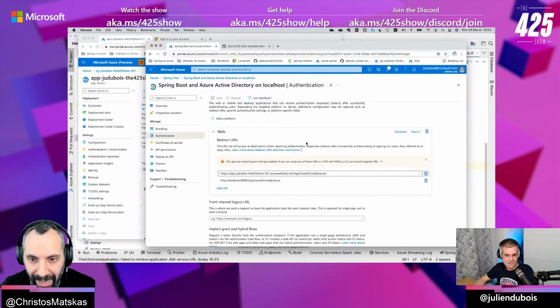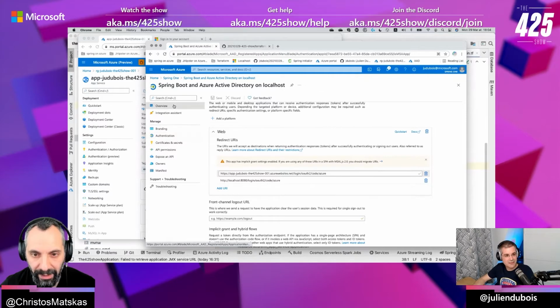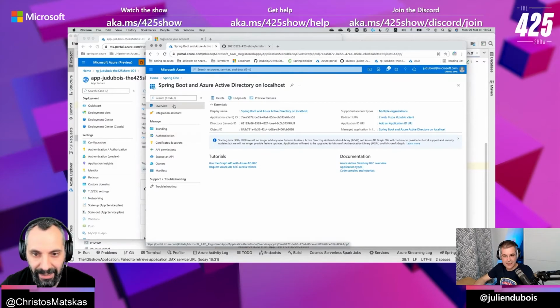And in your app configuration in Azure, are you sure you're using the right app registration? If you go into the overview, there should be an app ID or a client ID. Is that matching? I would grab the application ID or client ID, which is the second. I would copy that one.